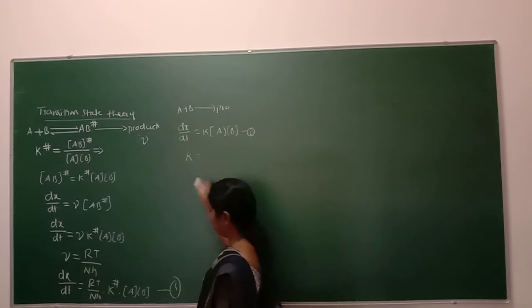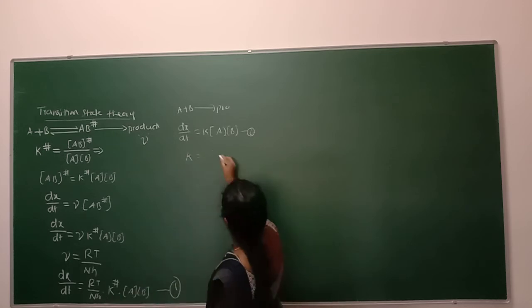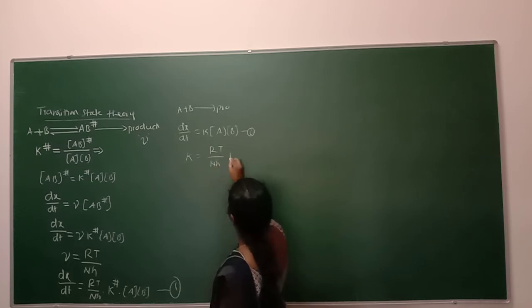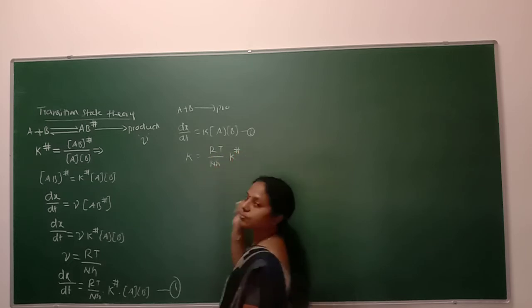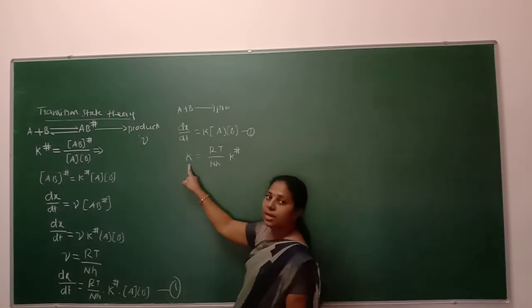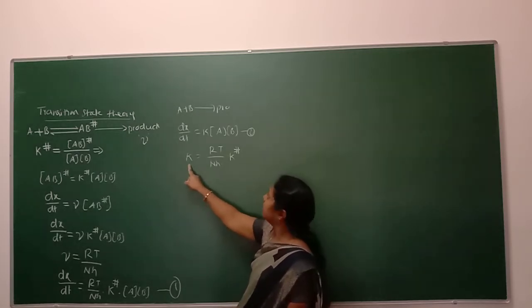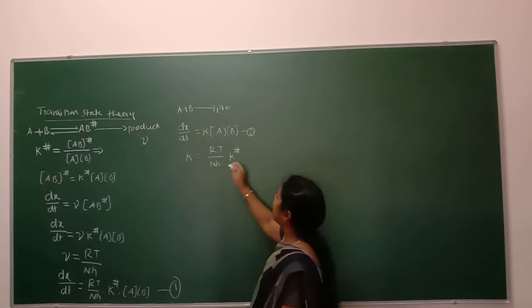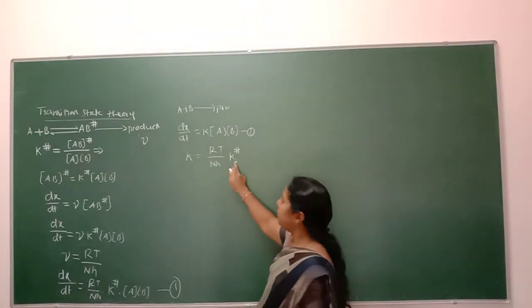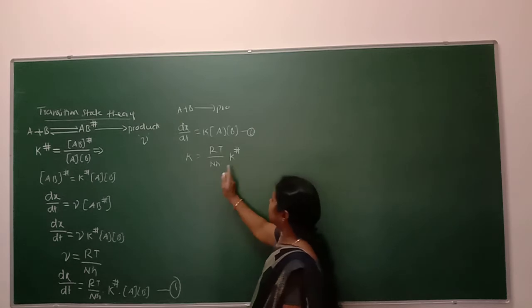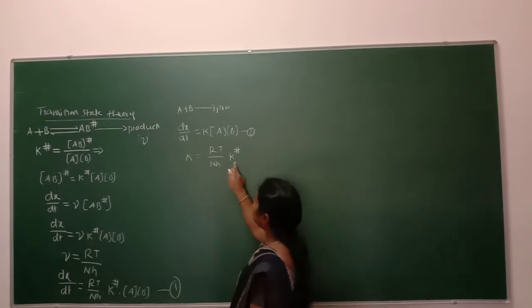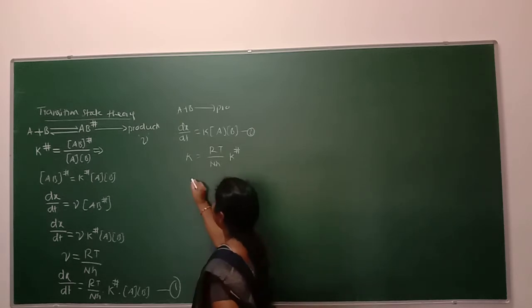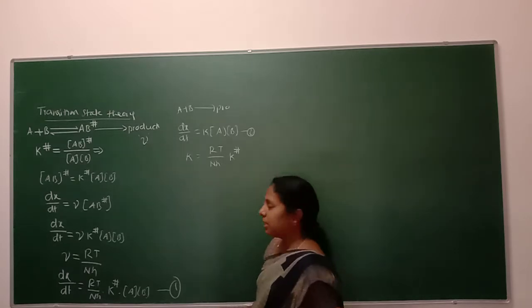K is equal to RT by NH into K hash, where K is called the rate constant. So in this equation, what we got is the rate constant, and K hash is nothing but the equilibrium constant. So to calculate the value of K hash, we have to use one of the thermodynamic equations, that